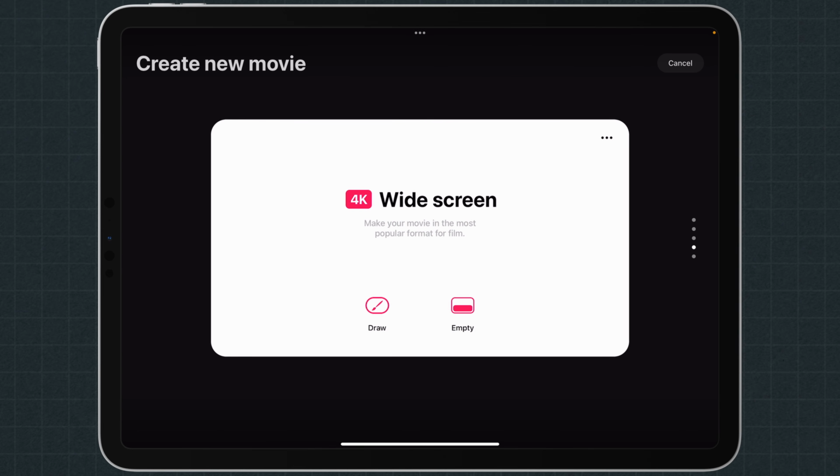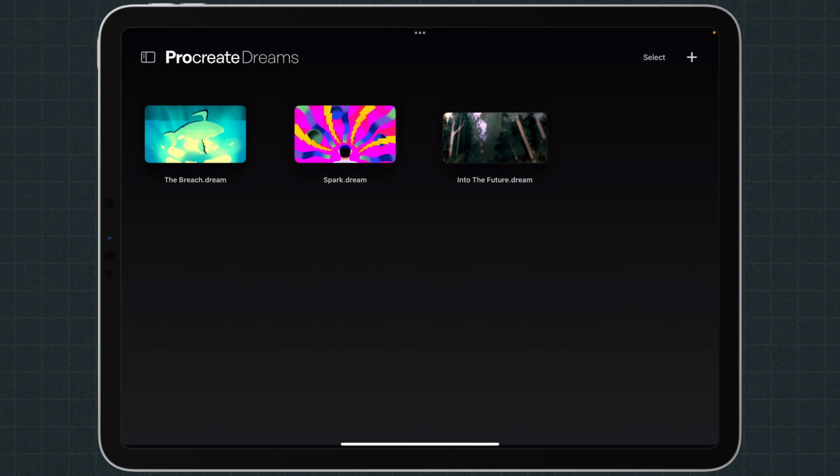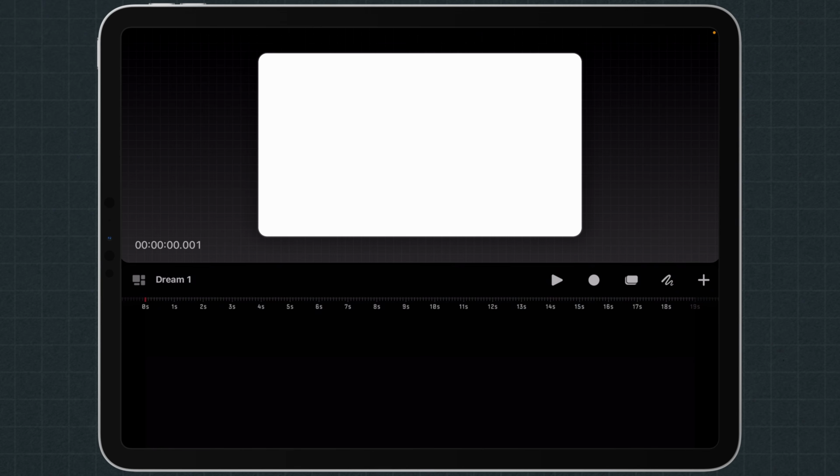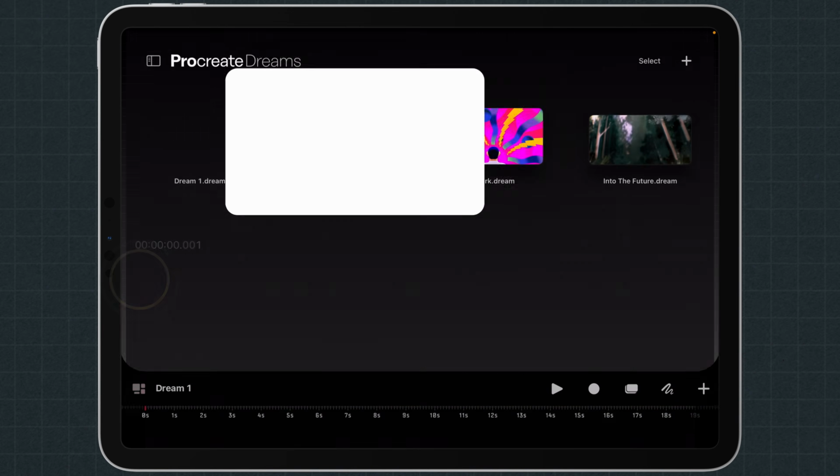Now, before you do jump into it, if you want to, from the top, you can change the frames per second and the duration. We're going to leave it as it is defaulted right now, and we'll change that once we get into the project. So I'm just going to click on empty. Once it opens up, it's relatively straightforward. You've got a timeline section down the bottom. You've got some transport controls, or if you're thinking of it from an editing perspective, you've got some transport controls up here. And then you've got some information over on the left-hand side. Again, you hit that button to go back out to your dashboard.